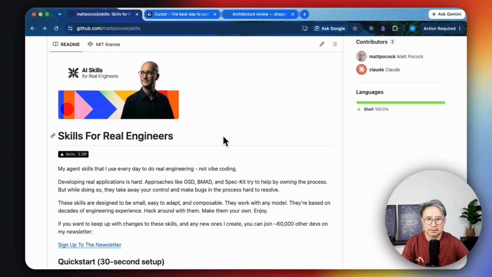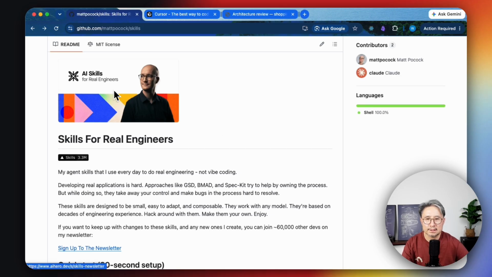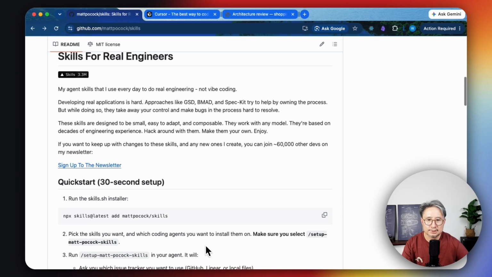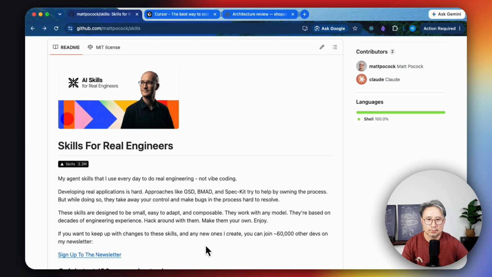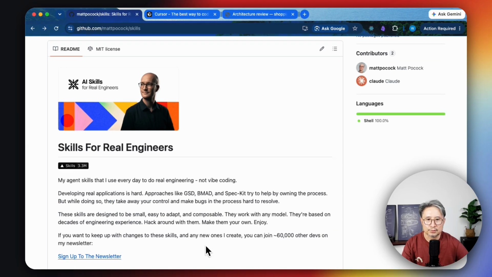Okay, those are the skills that are very useful during your normal AI coding development every day. Thanks to the author Matt, who shares those useful skills and keeps them updated. So I think it's worth exploring by all of you if you want to build something real.